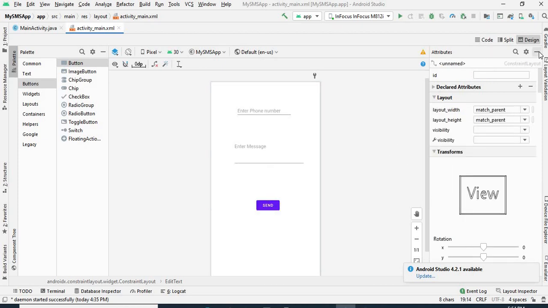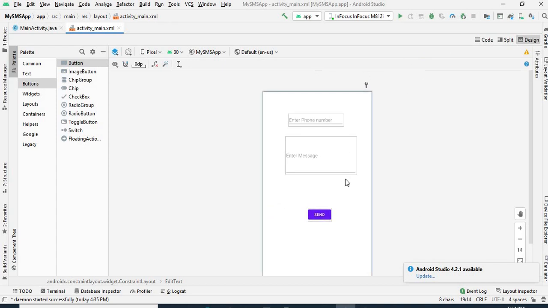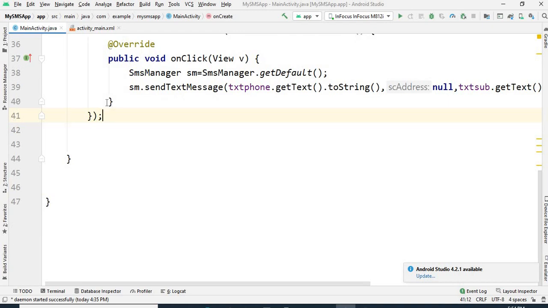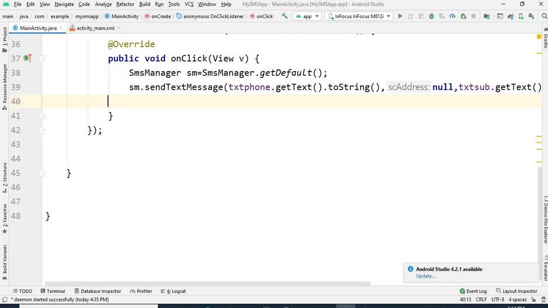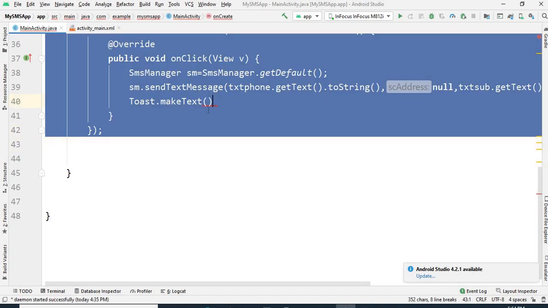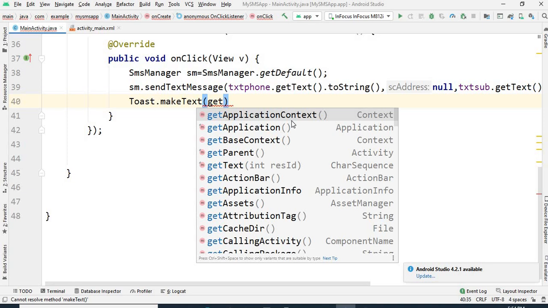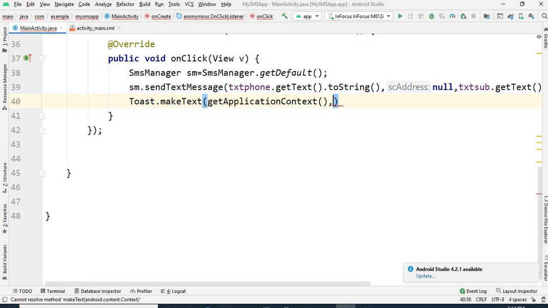Now done. Now I will execute this program. First we will write one message here, so that I will get to know that the message is sent. So create one toast message. How to create it? Toast.makeText, and after that we have to pass where you want to create the toast message. Now I want to create this toast message in my application, so I will say getApplicationContext, comma, which message you want to display.